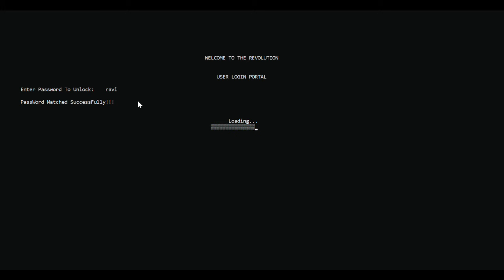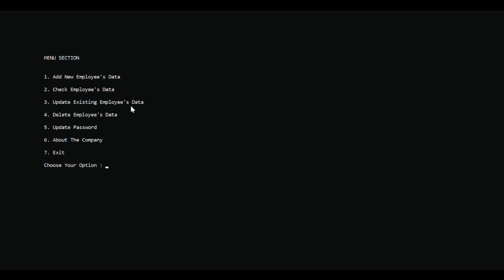Basically this is because of the printf function, and this is because of the load function. Now it is the menu section, so this is because of the menu function. Then here I have used switch case as I have shown you there. So I'm just doing the trial and I'm not going to explain the entire code again.